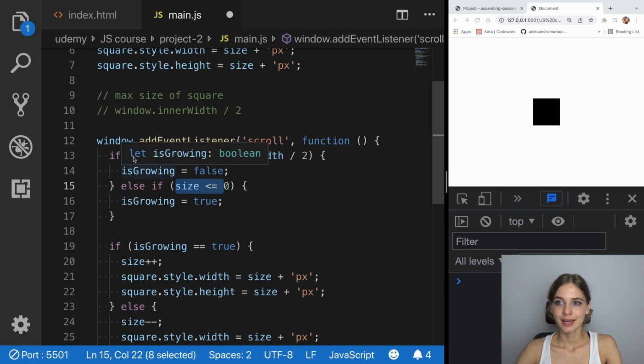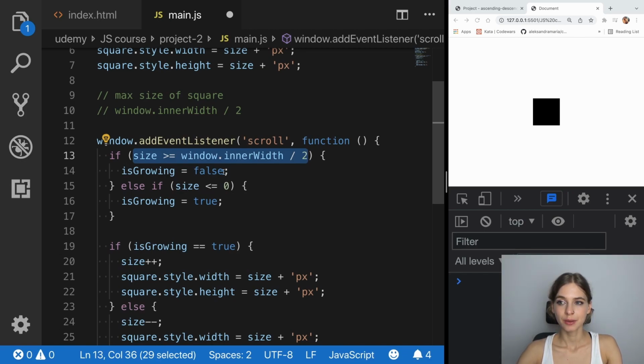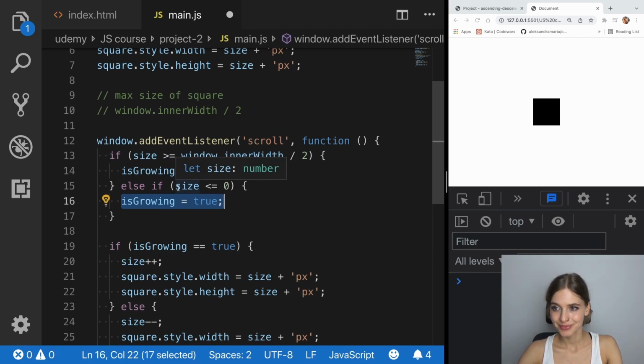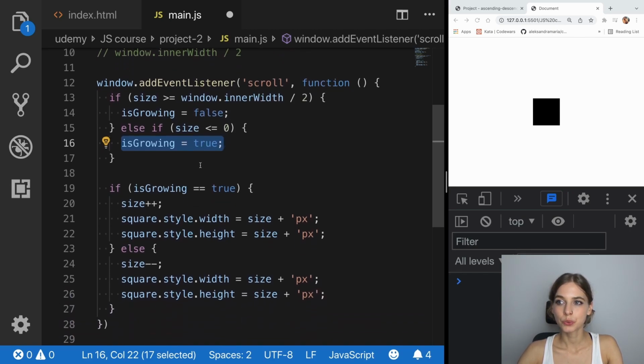So they're kind of like the extreme cases. So one is on one side, so when it reaches its maximum size, then we're setting the is growing to false, but it's not immediately true after that, because it's only true when it's going to reach 0. So it's going to reach its minimum size. And those flags will be twisted automatically then. And this will happen, but it's going to take a second before it reaches 0, and it's going to take a second before it reaches the maximum size. And here,